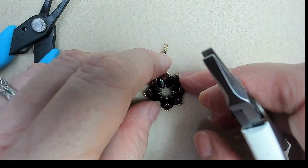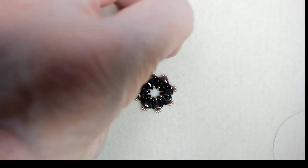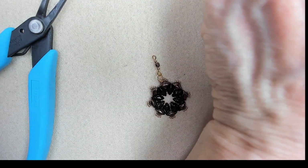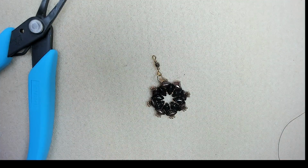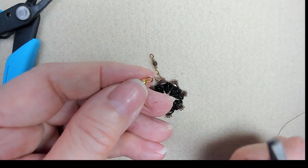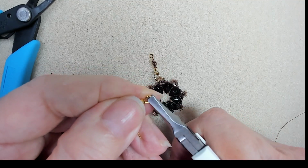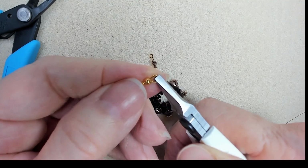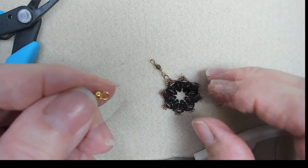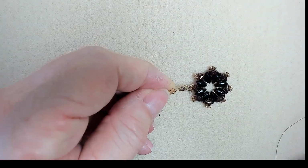So now all we have to do is add our ear wire. Now that's the back side. So you want to make sure when you're putting your ear wire on that your earring is going to hang facing the correct direction. So I'm using a pair of fishhook ear wires, and I'm just going to open this towards me like that, just enough to get that stem on. And so you want to make sure your earring is facing the correct direction,